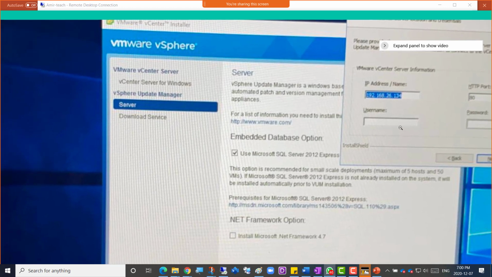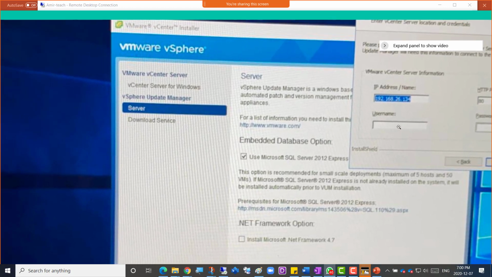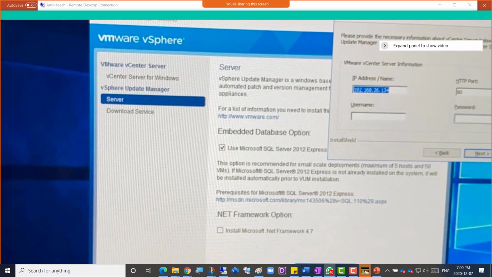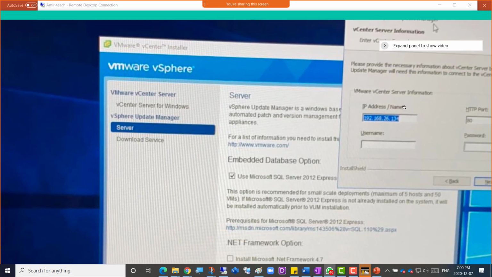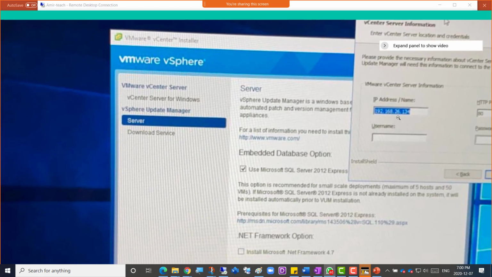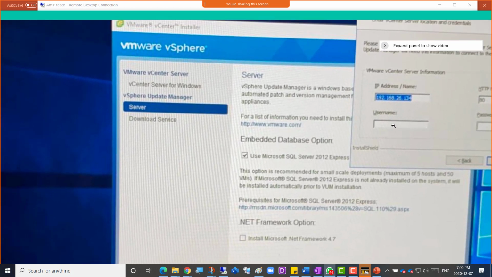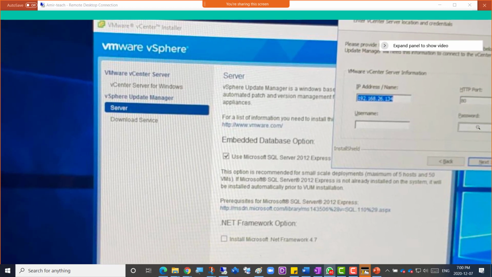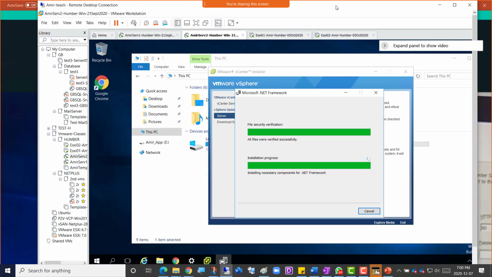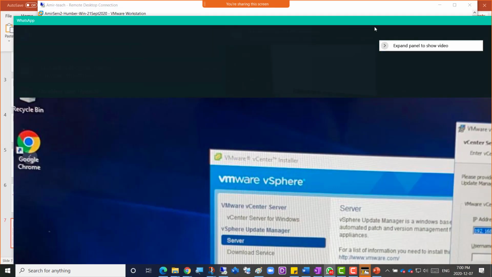You have to give the vCenter username, which is administrator at vsphere.local, and you have to give the vCenter password here. Why? VUM will directly connect to the vCenter, and VUM update manager will appear inside the vCenter. So IP should be 192.168.200.1 here, and the username of the vCenter, administrator at vsphere.local, and the password of vCenter, right? So do that. Whoever reaches that, if later you reach there, you can just ask me again.